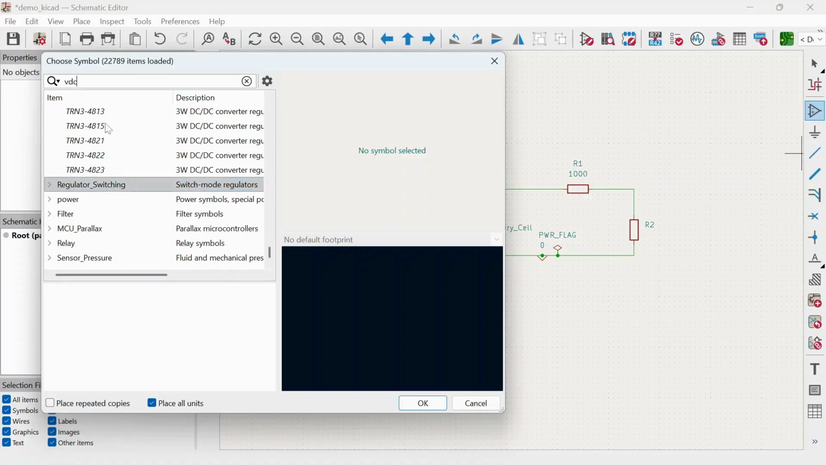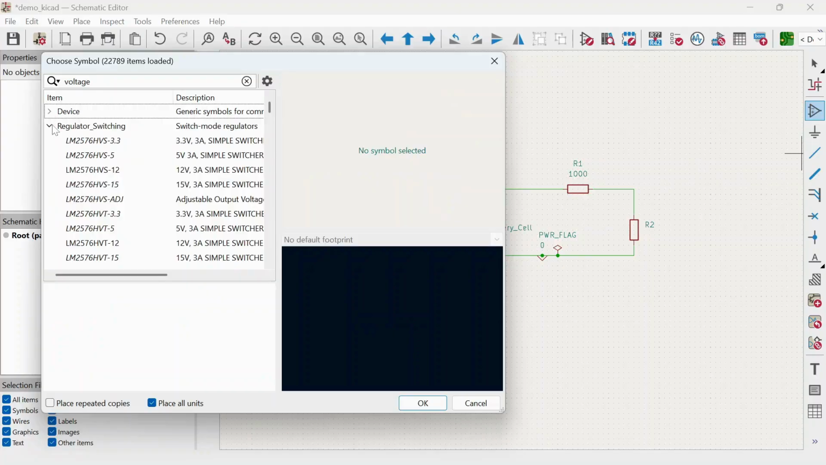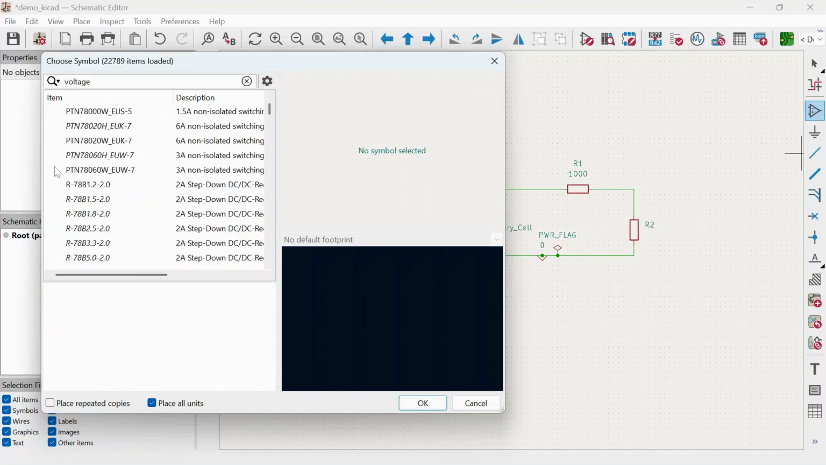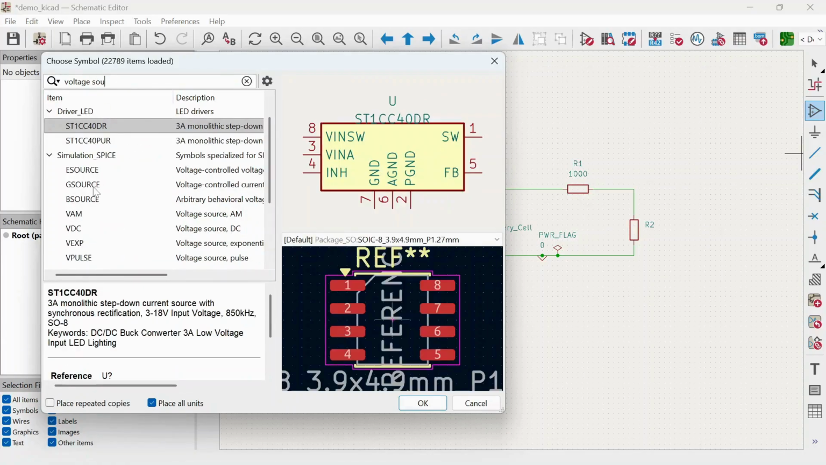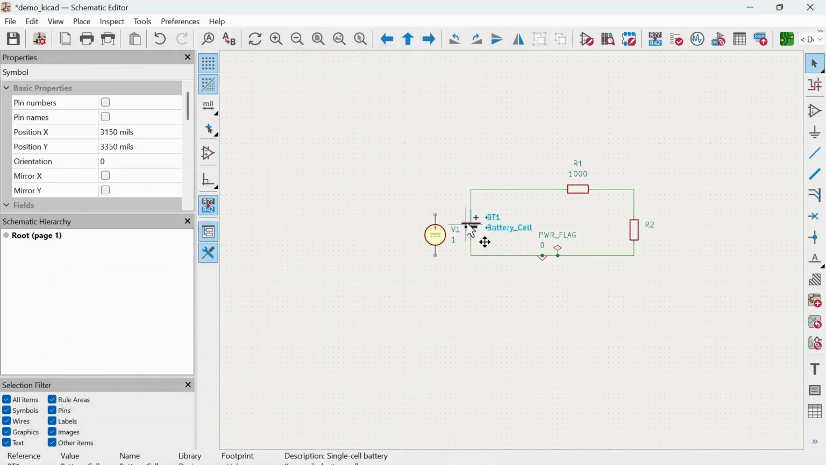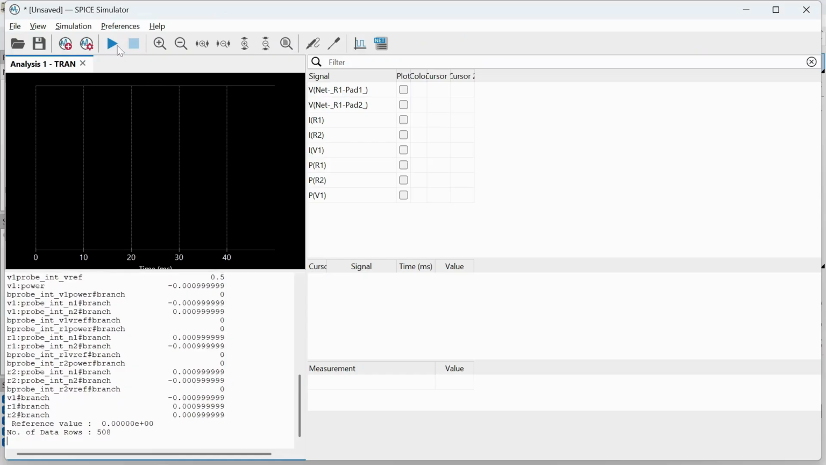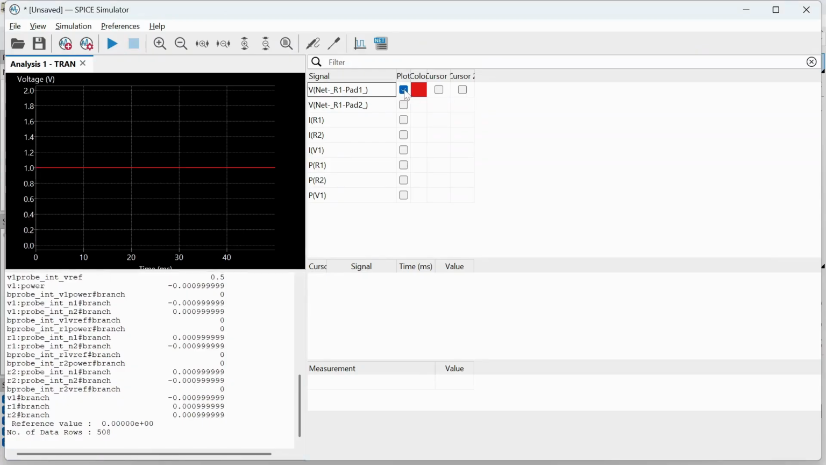Okay, it's not listed here. You can call it as voltage. So here you can take VDC. If I put this instead of the battery, this is a SPICE model, so this will not have a problem. You can save and simulate. This will run. This will just give me a straight line because it's just a battery,